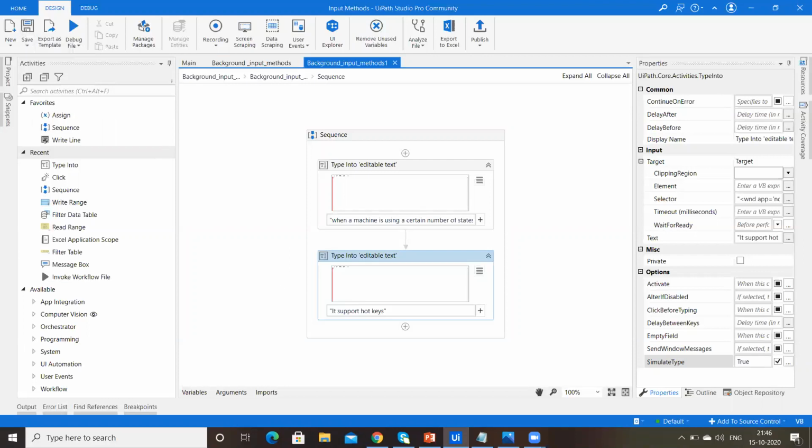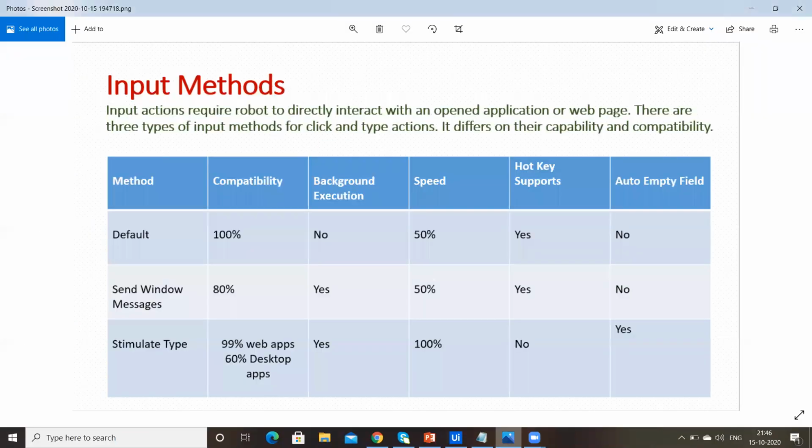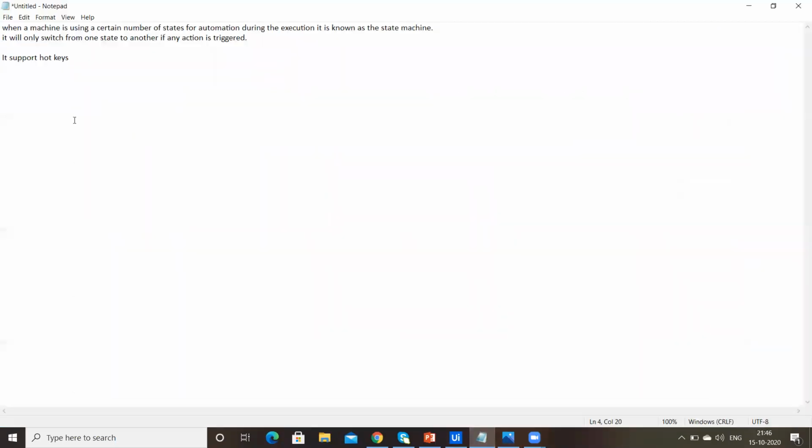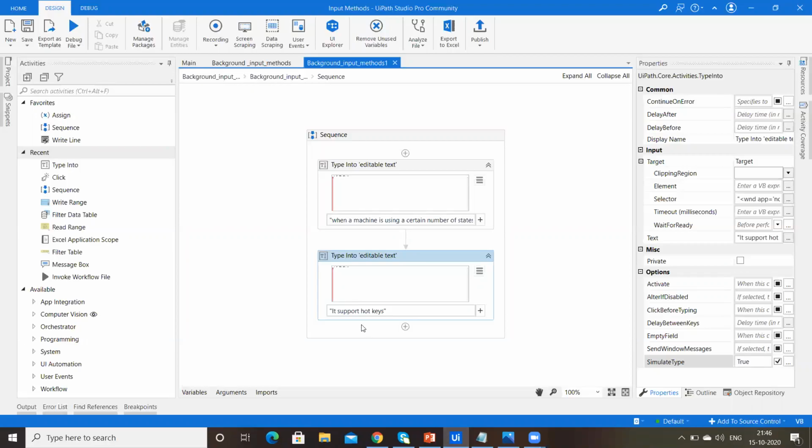It will, sorry, it will remove all the things and it will again write this.